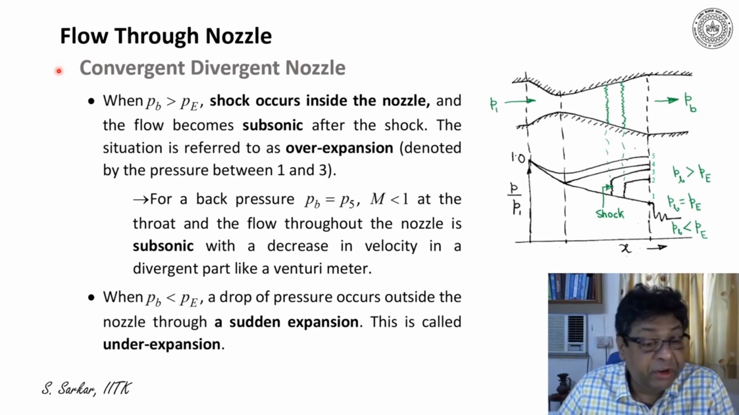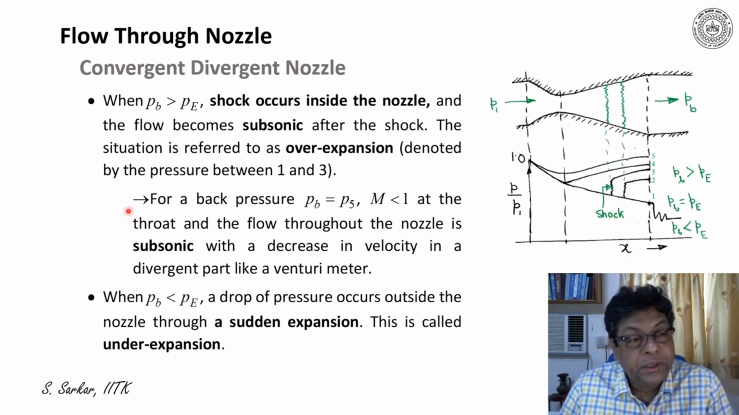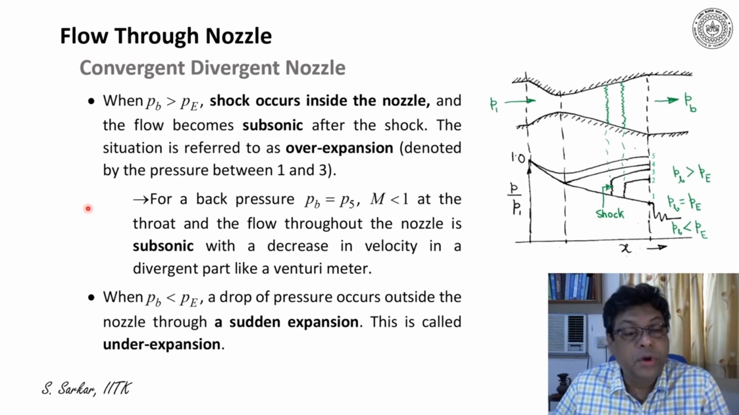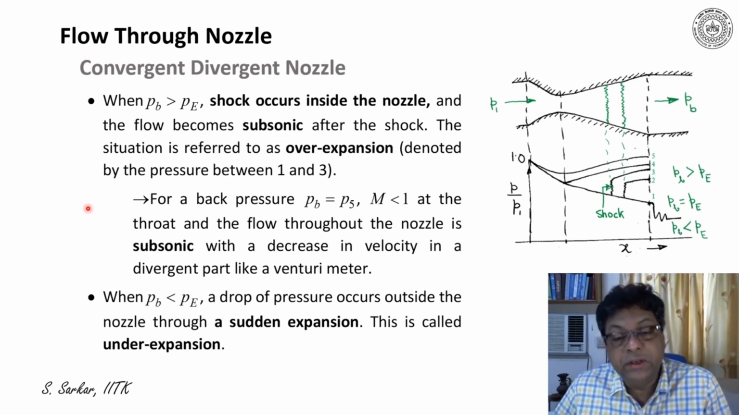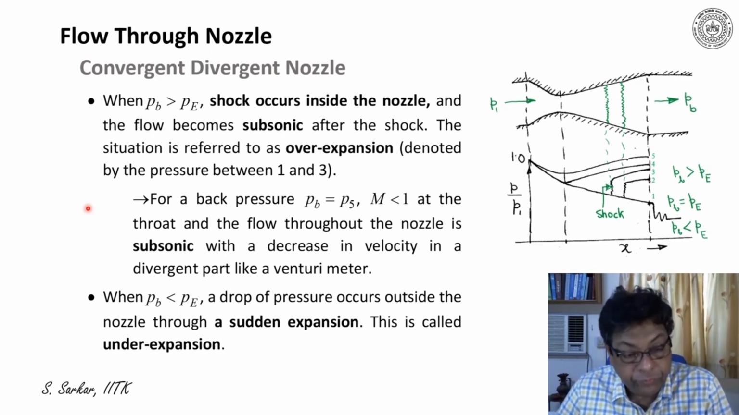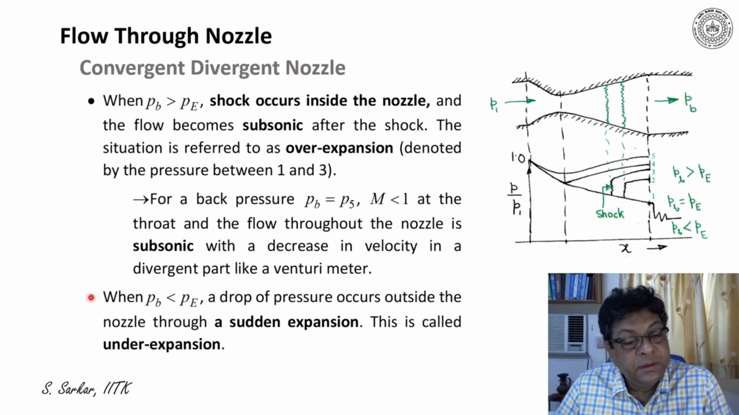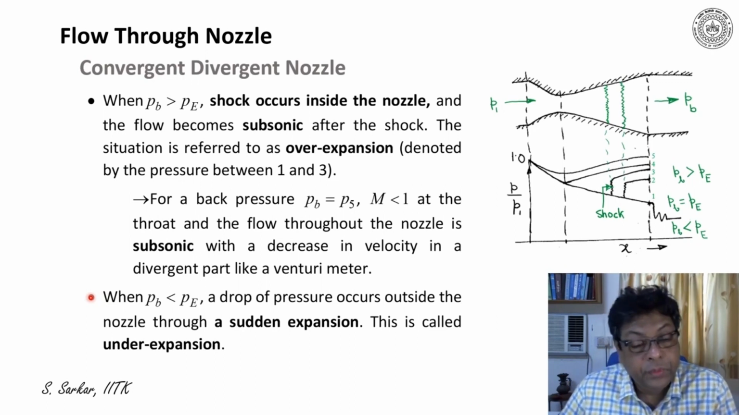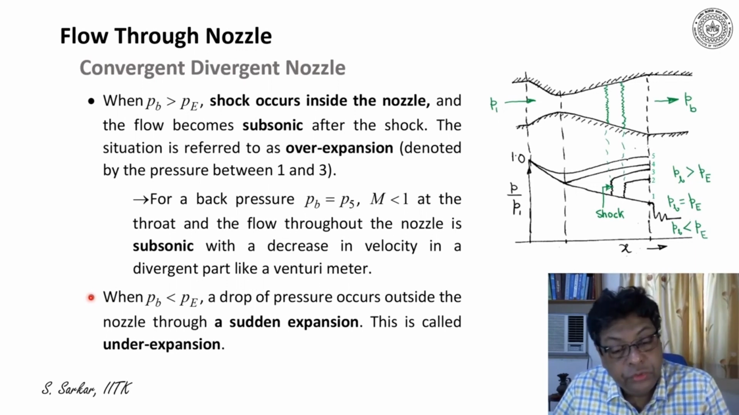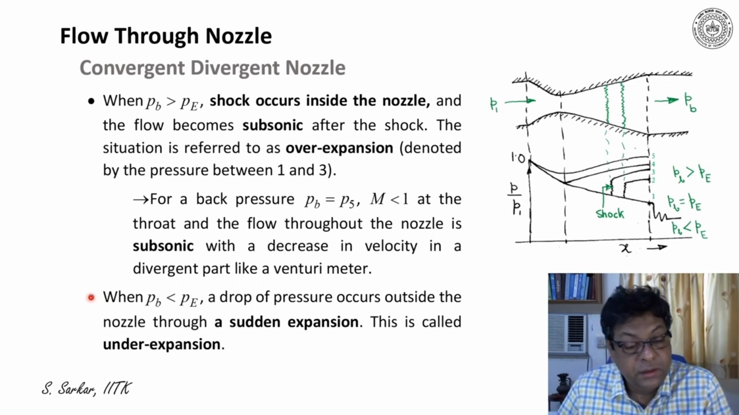overexpansion. Further, for a back pressure PB equal to P5 as indicated here, Mach number is less than 1 at the throat and the flow throughout the nozzle is subsonic, with a decrease in velocity in the divergent part like a venturimeter. When PB is less than PE, a drop of pressure occurs outside the nozzle through a sudden expansion, which is